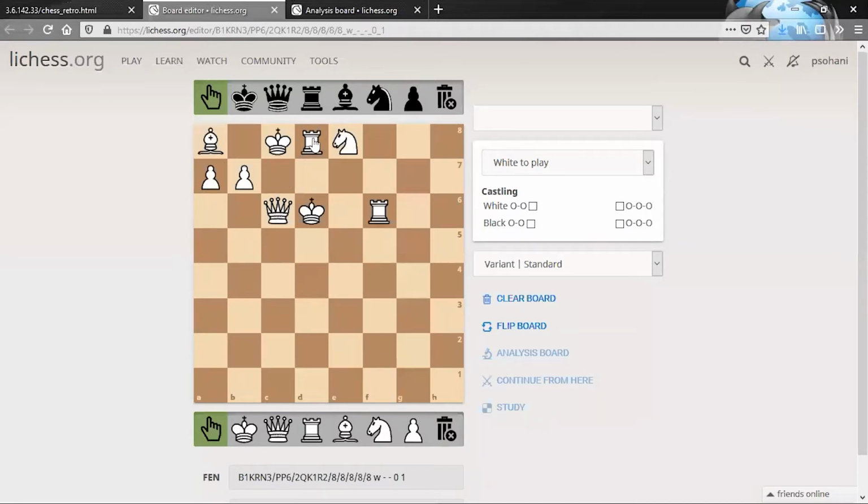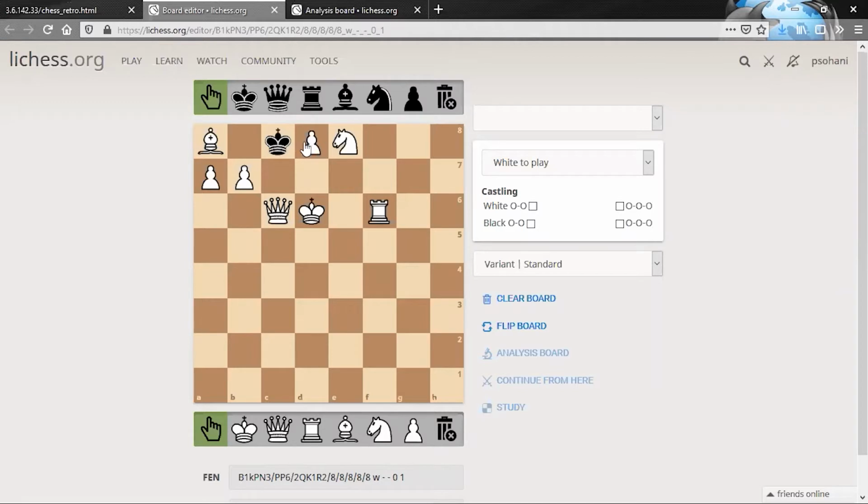So the previous move would have been something like this: the pawn was here, and this is in fact the black king, and then the pawn captured something here. We don't know what it captured, but in capturing it gave check to the black king. That is the only way this situation could arise. So we can deduce that at least this king is black.